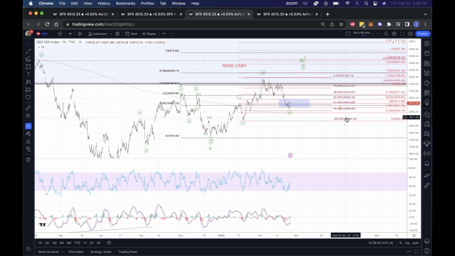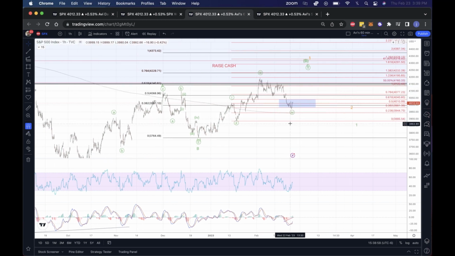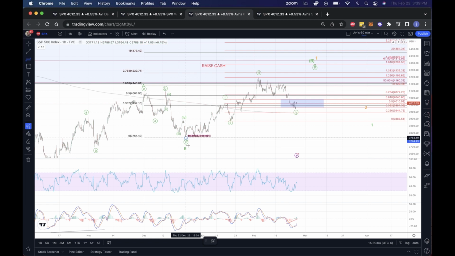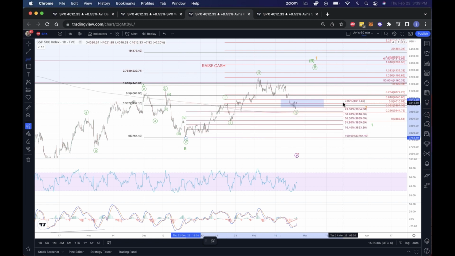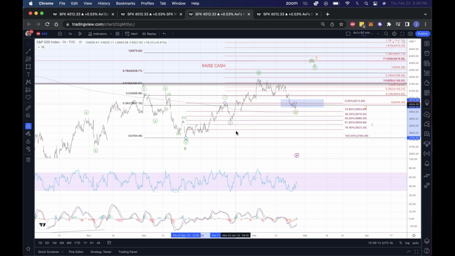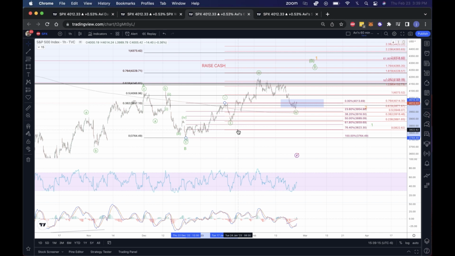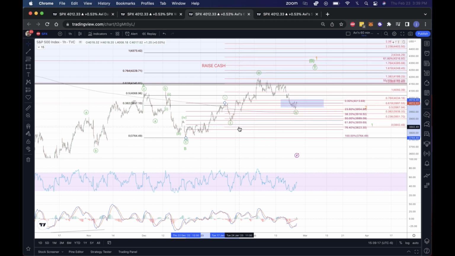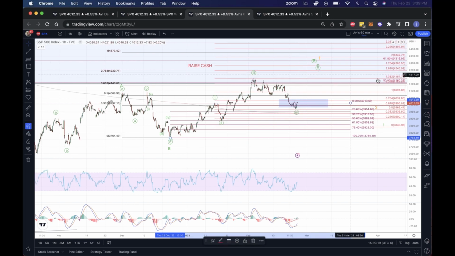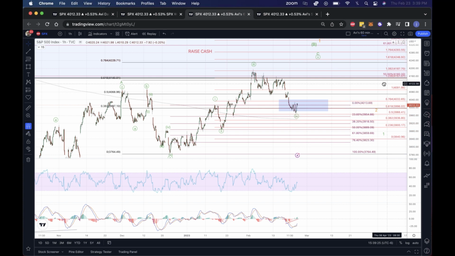And it really depends on the depth of the wave 2. Typically what we're dealing with in a diagonal is a deeper wave 2. In this case, for example, price came down to the 50% retracement. But let's say instead it came down to between the 0.618 and 0.764. In that case, we would have been looking for a high here at 4150,